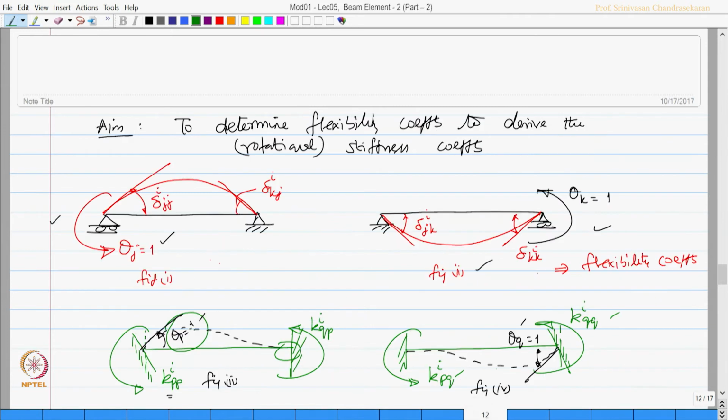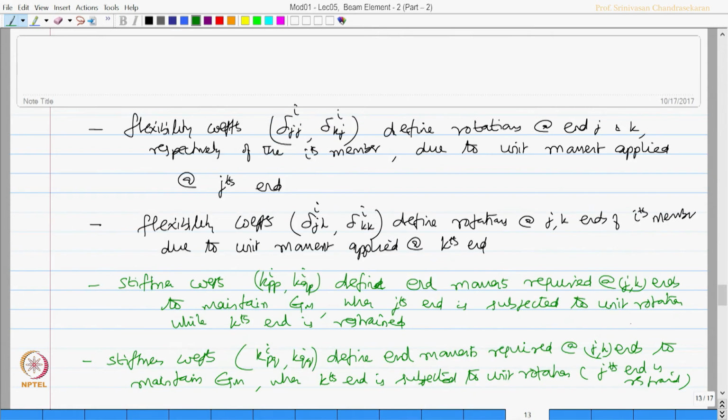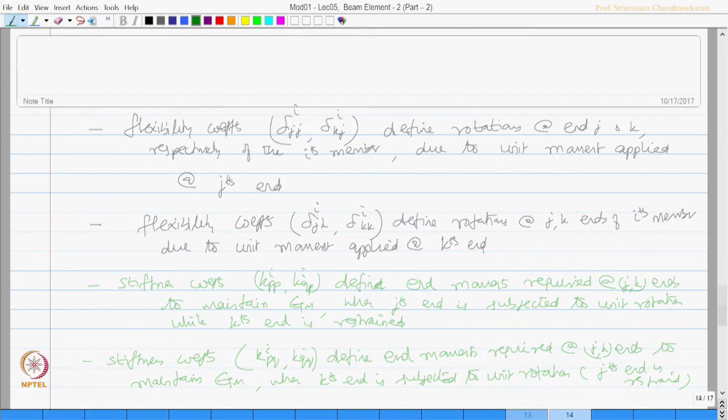You can see in this figure jth end no moment, no rotation, kth end is subject to unit rotation. Okay. Having said this, let us now establish the fact that